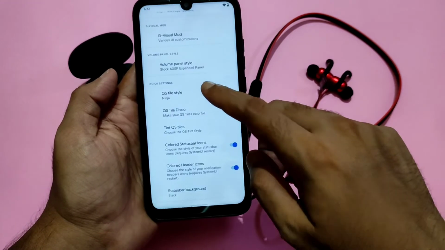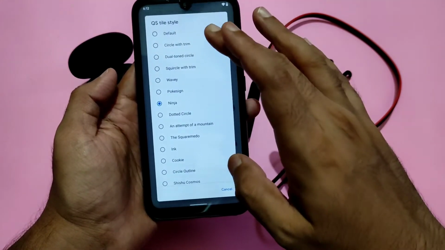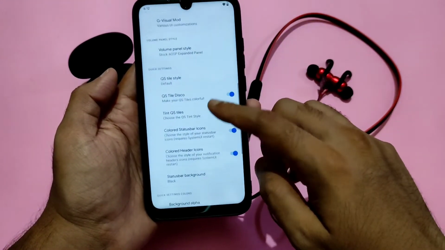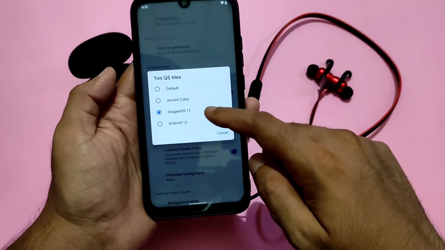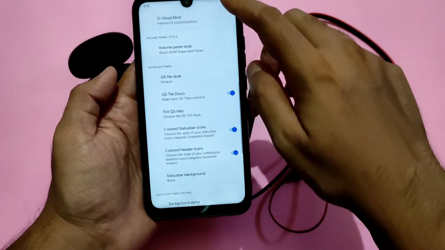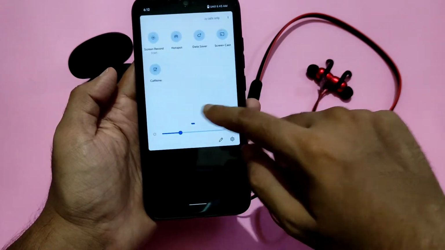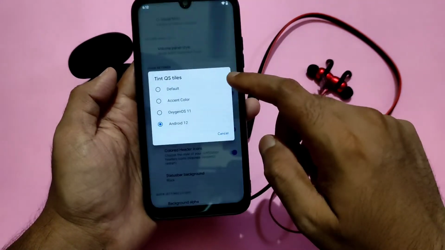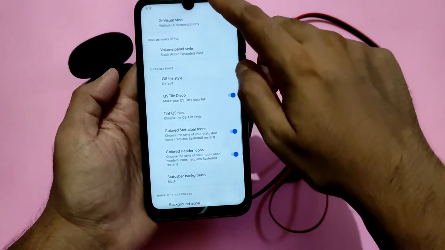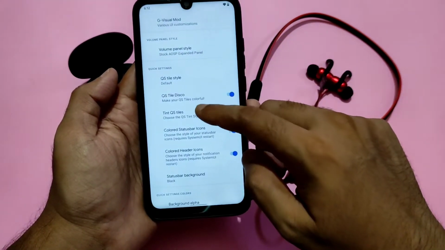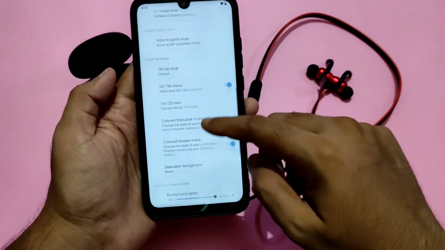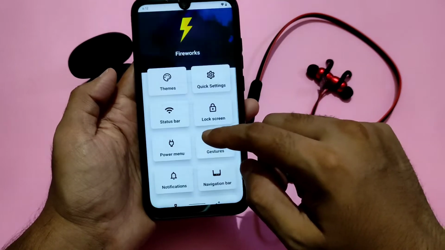As you can see, the shape of the quick panel icons can also be changed. And these are the tiles you can change: Android 12 type or Oxygen 11 or accent color based or the default type. This is how the quick settings panel can be modified or customized.